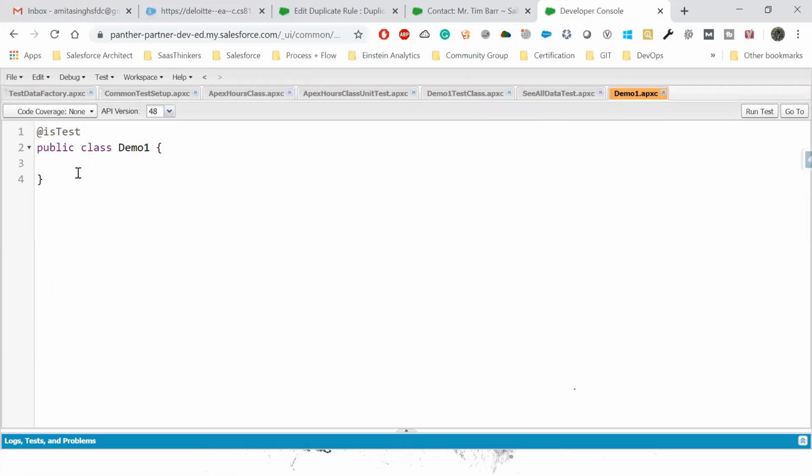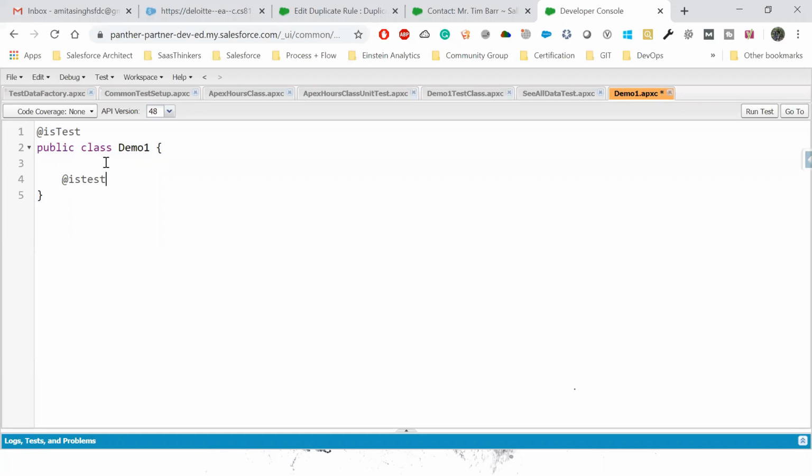And the other thing is that all the test classes that you are writing are not going to affect the overall code coverage of your environment. So if you have even 1,000 lines, or 10,000 lines in your single test class, those are not going to be considered as general classes, and code coverage for those classes is not needed. And then to write the test method, again